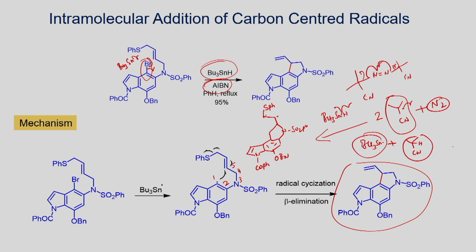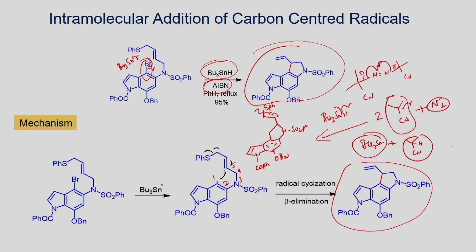Once you form the radical, now this can undergo homolytic cleavage under these conditions. If you have the carbon sulfur bond, this also can lead to homolytic cleavage, as we have just seen. If you have the carbon selenium bond, it can be readily cleaved. Once you lead to the homolytic cleavage of this carbon sulfur bond, it can form alkene as the product. So, as you can see here, you can use this radical process to form these highly functionalized indole derivatives.